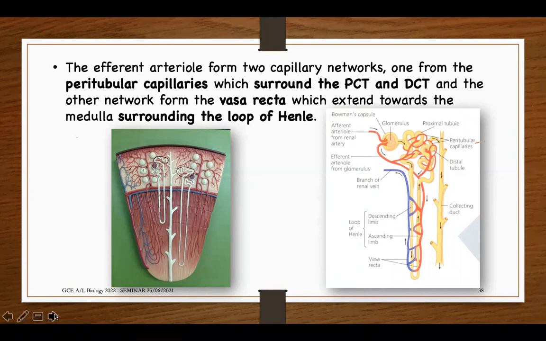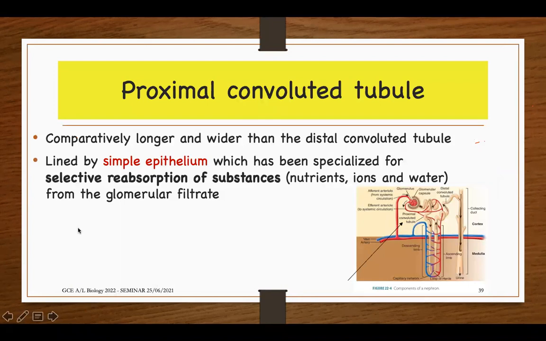So all of this is the structure of the nephron, remember. Then the proximal convoluted tubule, PCT. So they have given you all of these parts separately, PCT, loop of Henle, and then the urine formation. All right, so proximal convoluted tubule, this is comparatively longer and wider than the distal convoluted tubule. Lined by simple epithelium, just like the Bowman's capsule, specialized, but here it is not specialized for filtration, but